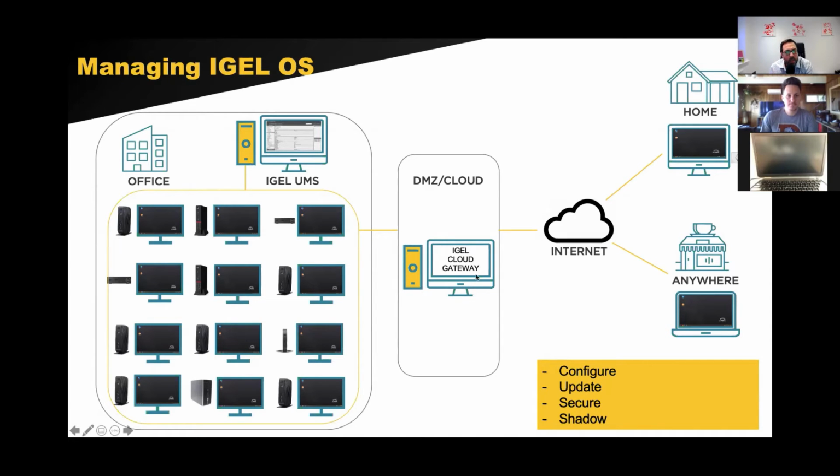on the LAN. Alternatively, we can then introduce what's called the IGEL Cloud Gateway, which can sit either in your DMZ or in the cloud, and that gives us the ability to remotely manage and configure devices outside of the network. So my laptop, my other Mac top down here, has got a UD Pocket plugged into it that can be managed remotely from across the internet by this IGEL Cloud Gateway. Likewise, any PC that we're just about to see can be managed when they've got the UD Pocket placed into it.